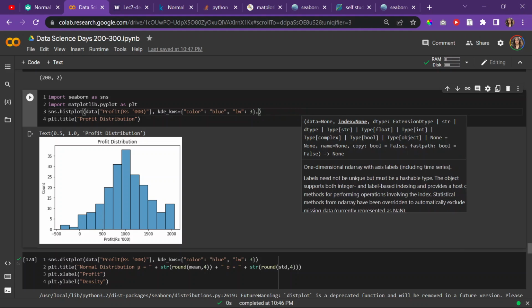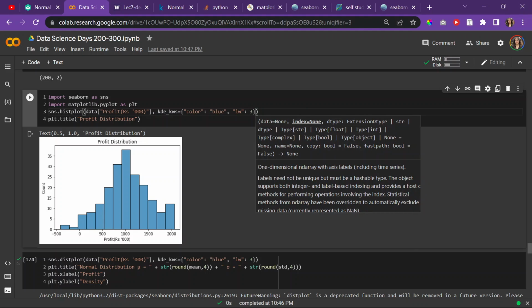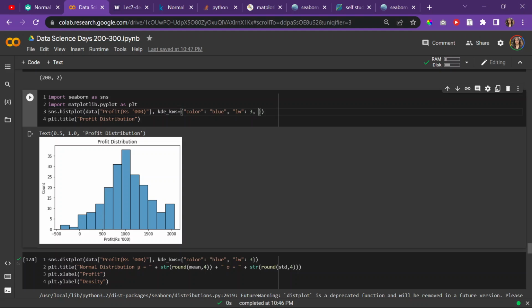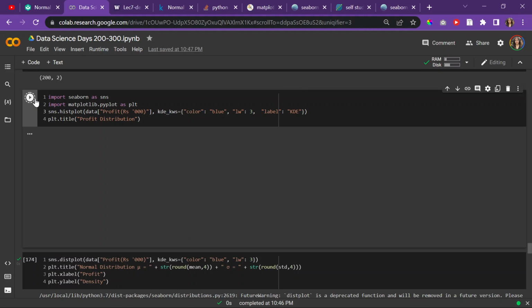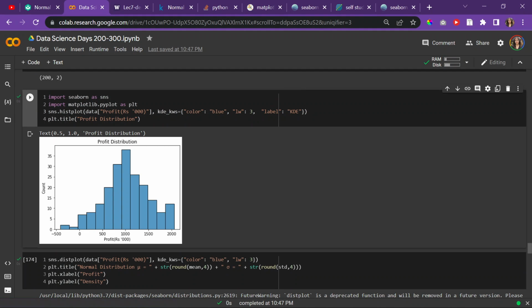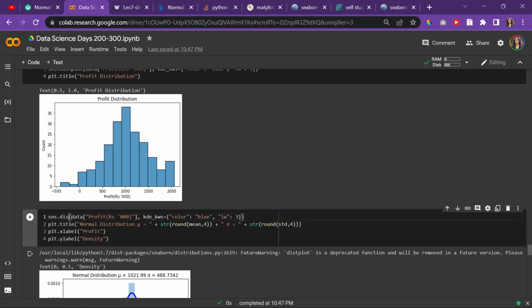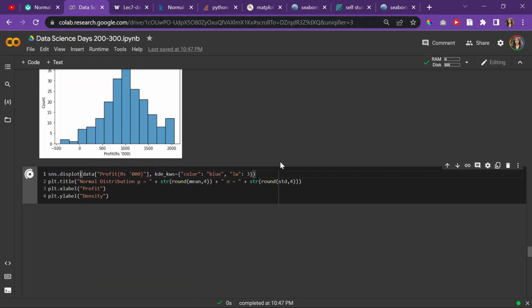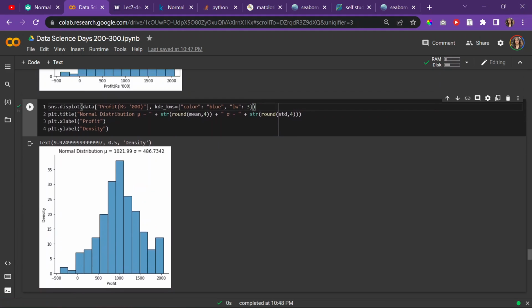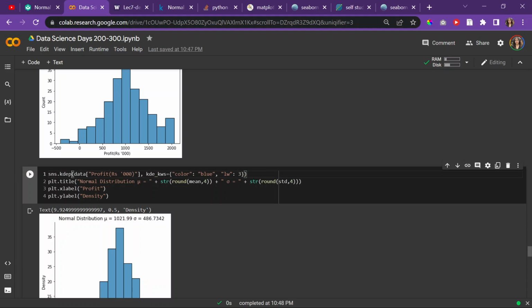Whoops, wrote that down in the wrong place. Over here, comma. Yeah, it's not going to do anything. So it turns out it's only a parameter for a dist plot, which is discontinued, so it doesn't even make sense to do this. If I turn it into a hist plot instead of a dist plot, it doesn't even show up there either. And if I do this a KDE plot,